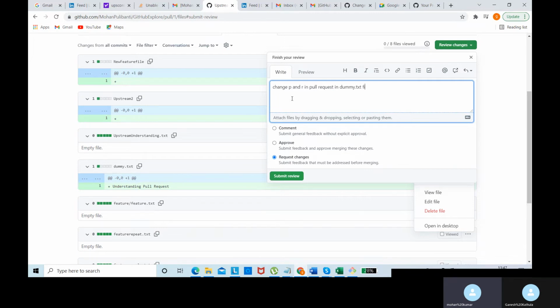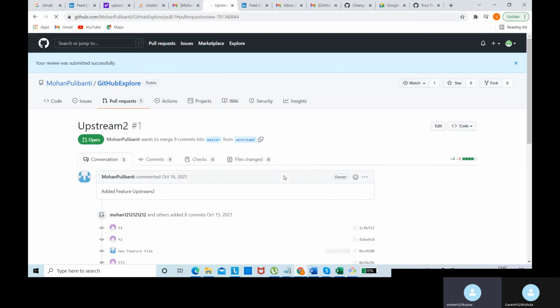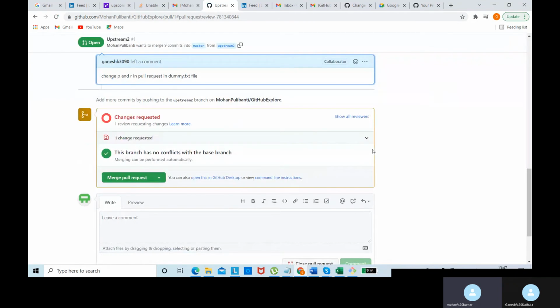So now again he's requesting for the changes. Once the request is given for us, he's submitting his review again. So this is the second iteration. We submitted once, he asked for some changes, we have done that. Again he's asking for some changes and we are doing that. Earlier he closed it, we opened that pull request. Now he's requesting some changes on it. So now if I share my screen, I'll see the same changes, and now I need to start doing those changes on my local machine.